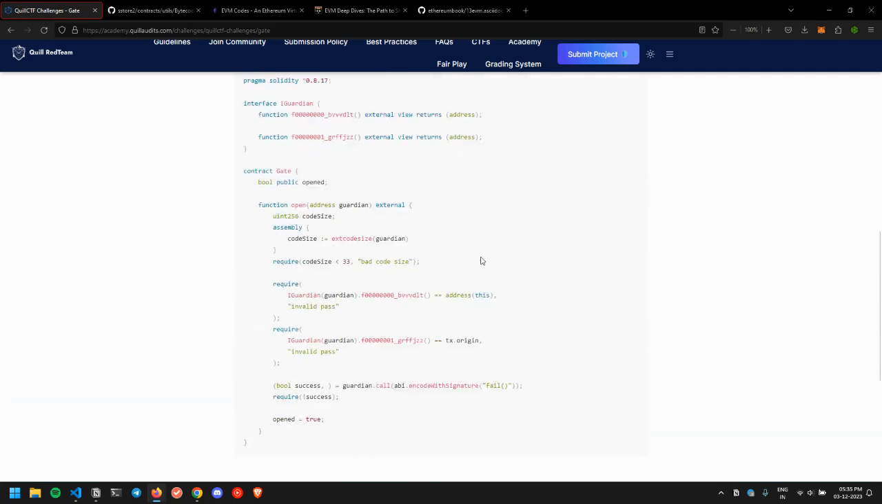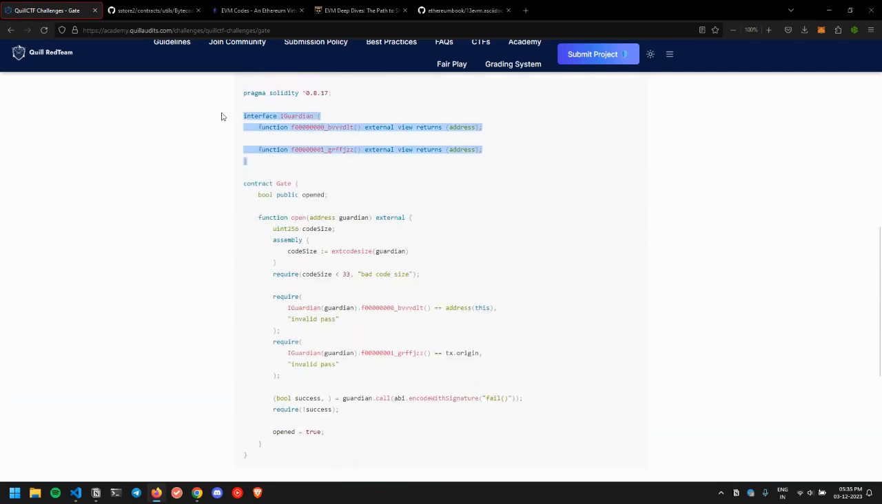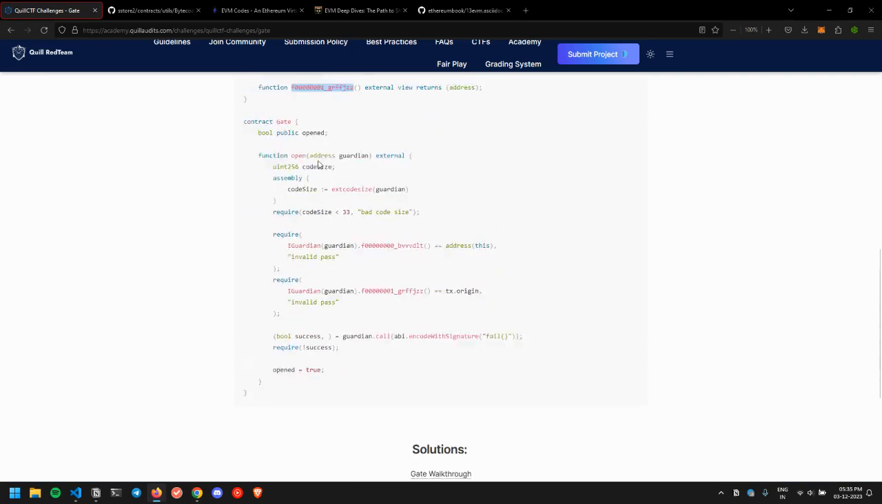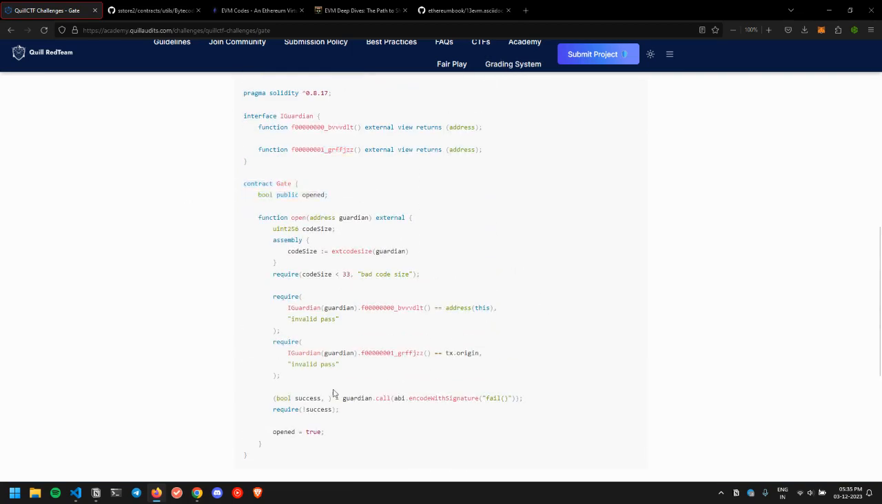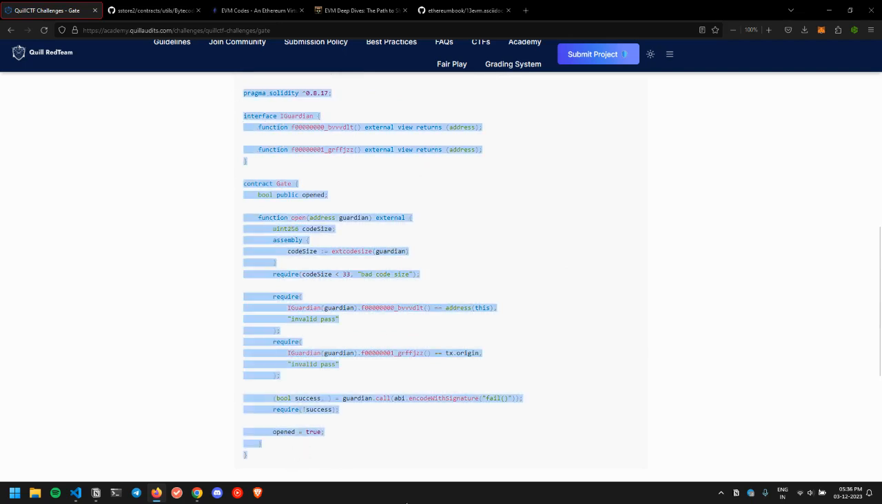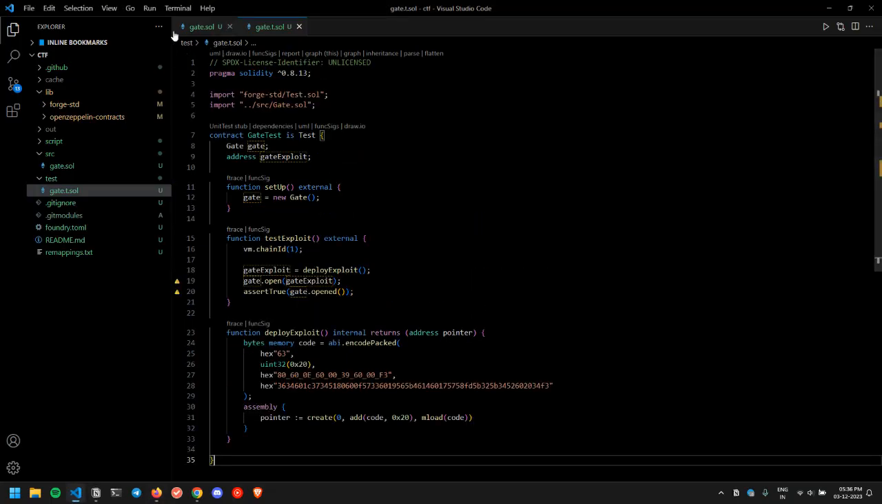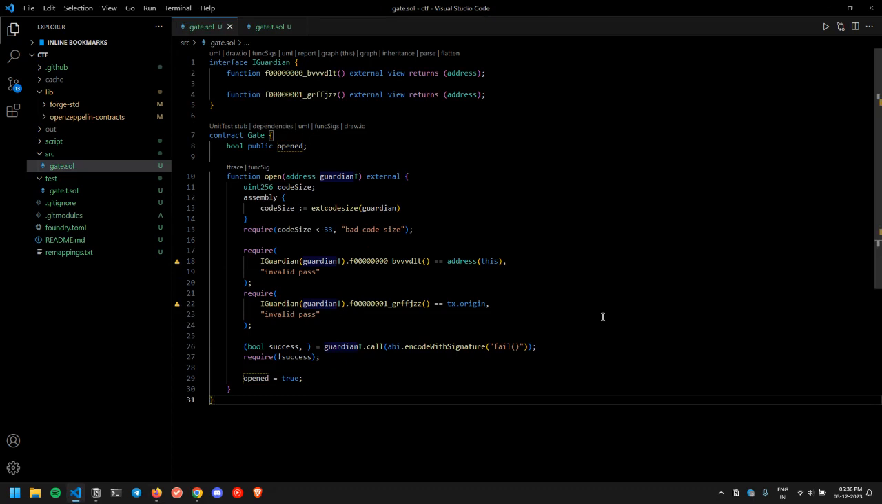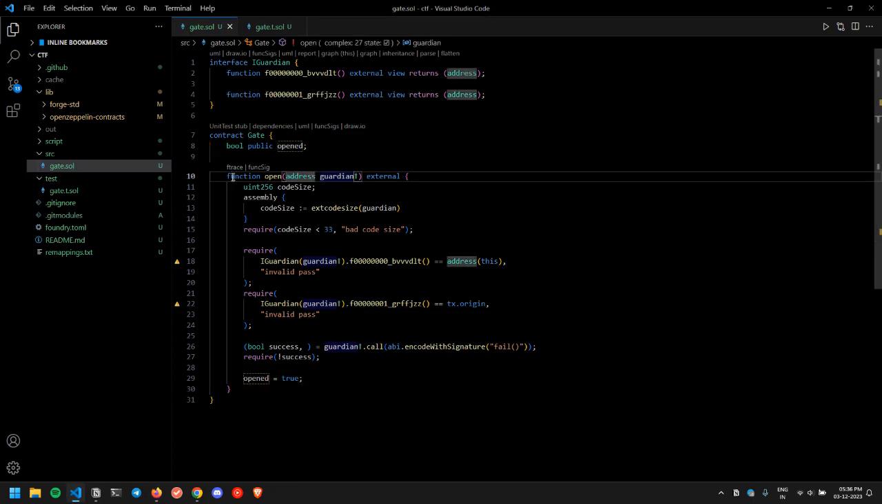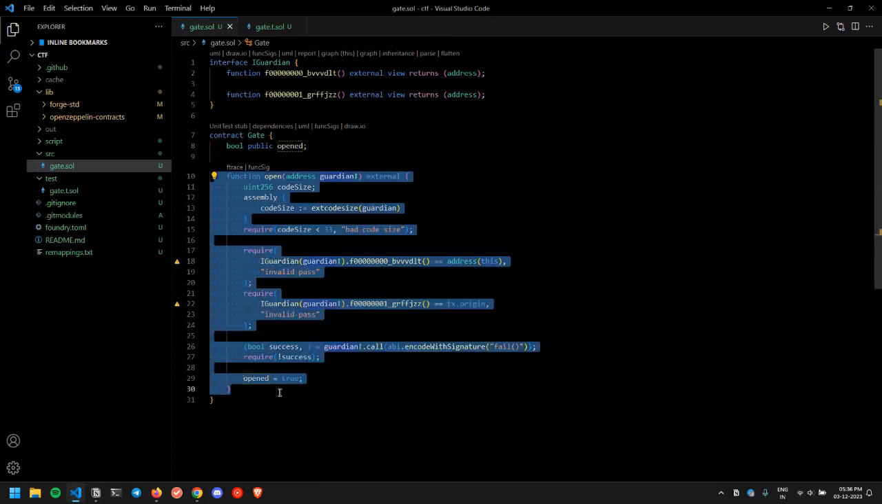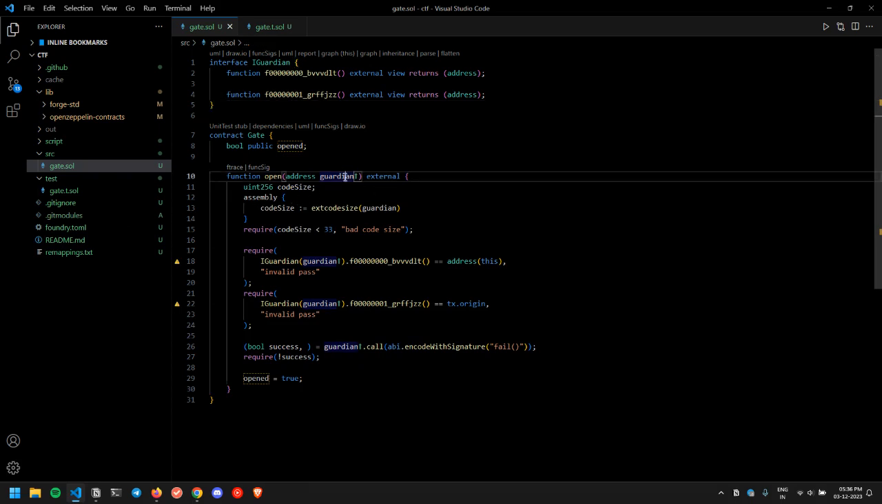Alright, so there is an interface that we have been provided. There are two functions here and then there is a contract. For ease, I will just copy all of this into my local development environment. Now let's see. There is a contract called Gate and a bool, open. There is only one function in this whole contract that takes the address of the guardian contract, whose interface is provided, and checks